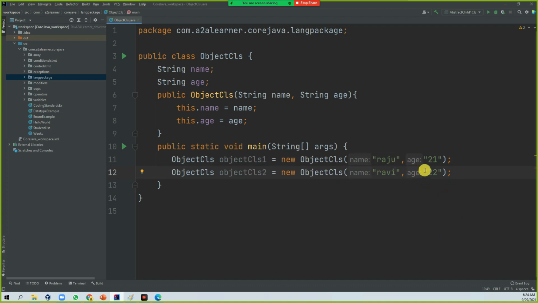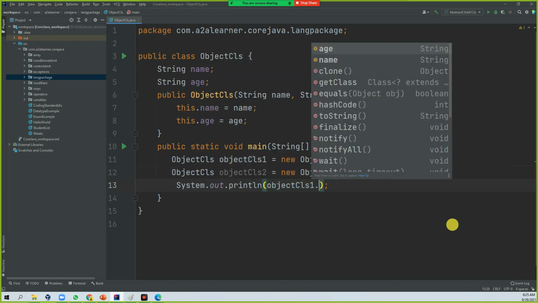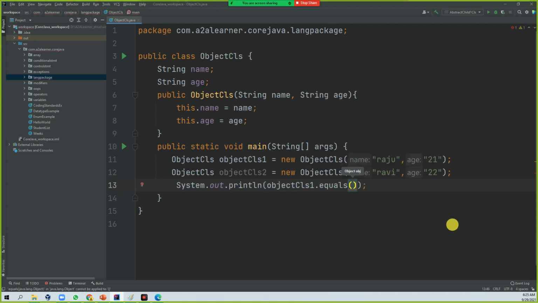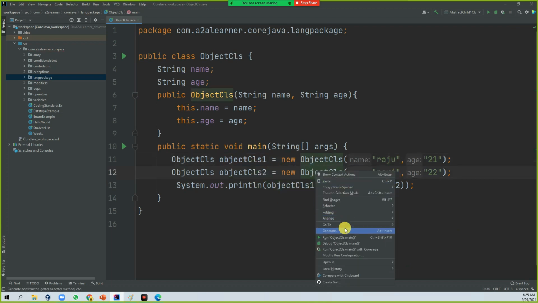Now if you compare these two, System.out.println object1.equals(object2) should be false, because this object is different from that one.